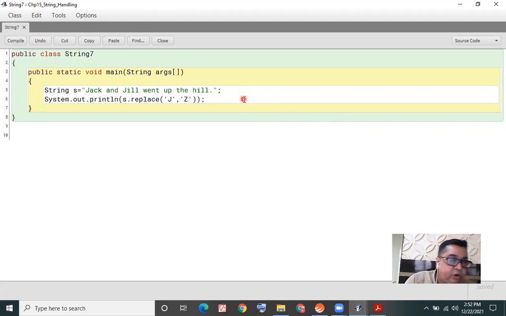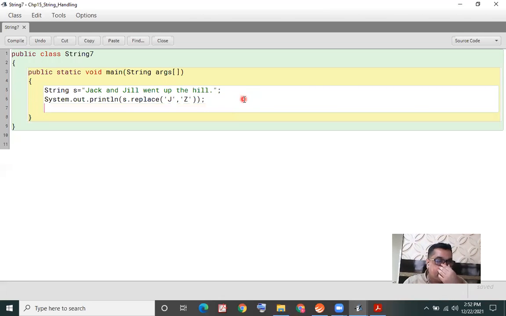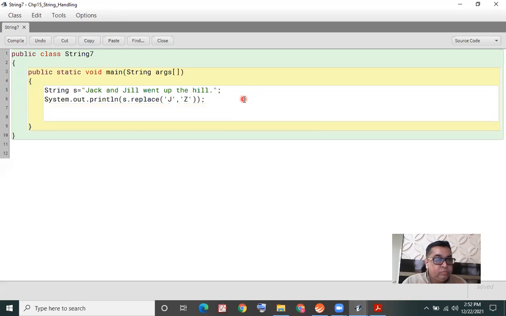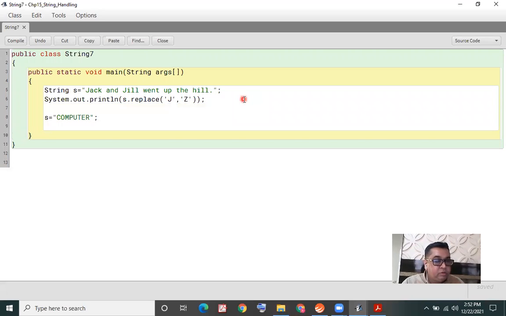The next method we are doing is the substring method. I'm changing my string to a simpler one, just to keep it simple: computer. System.out.println.